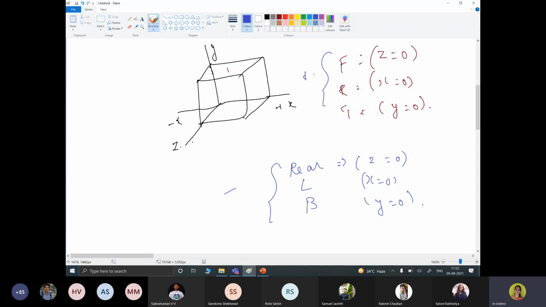Is it possible? When you use the same projection at one time, all 6 views can be obtained with the combinations of whatever we have studied in the previous case. I mean, previous case in the sense transformations. That's why we have studied transformations. So all the 6 views can be obtained by a combination of reflection,